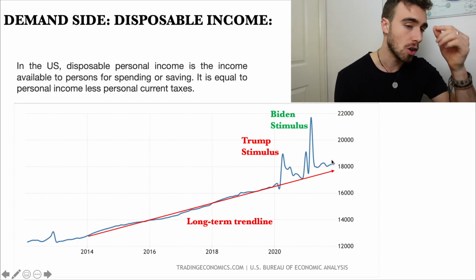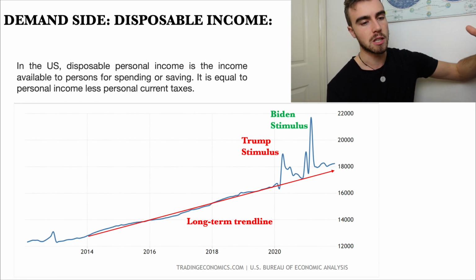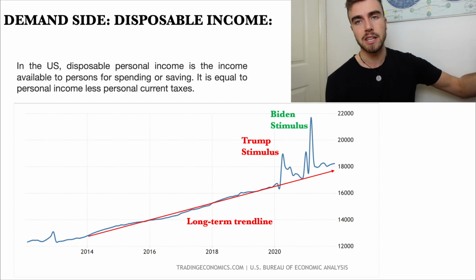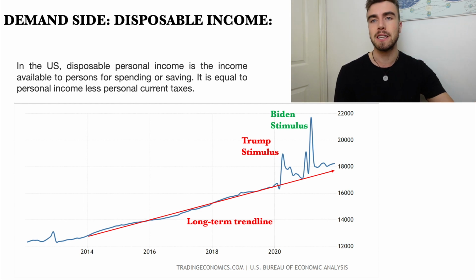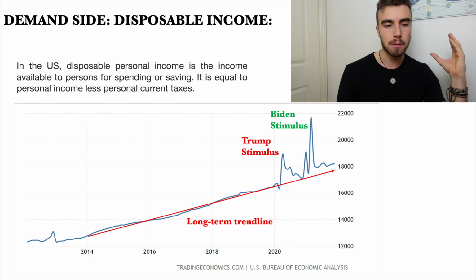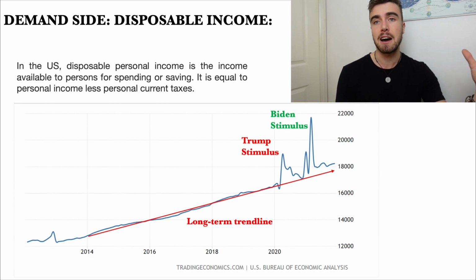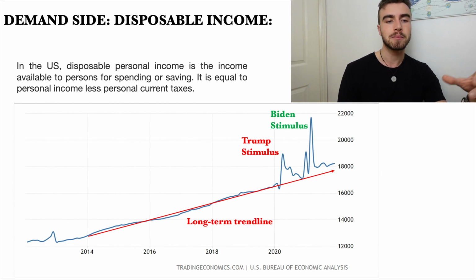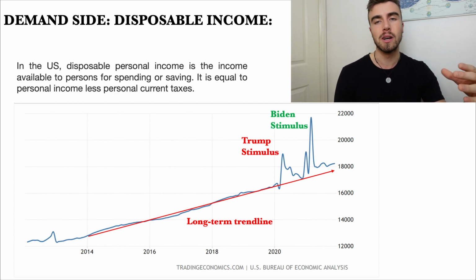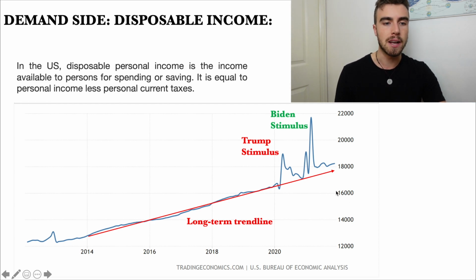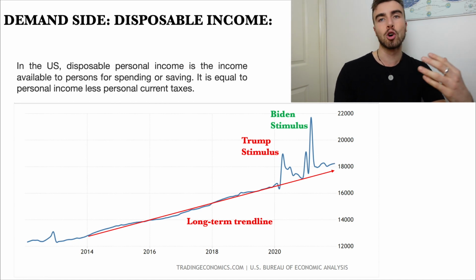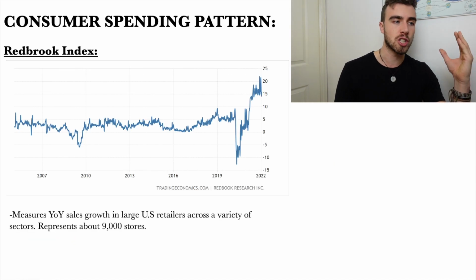So the stimulus not only supported people that were losing their jobs and declined disposable income, it actually overdid it. So people would have had more liquidity. They did have more liquidity from these stimulus checks, despite some people being unemployed. If COVID hadn't happened and the stimulus checks hadn't happened, we'd probably be under the $18,000 mark as opposed to over the $18,000 mark. And of course, what this has done is it's pushed spending up, right?